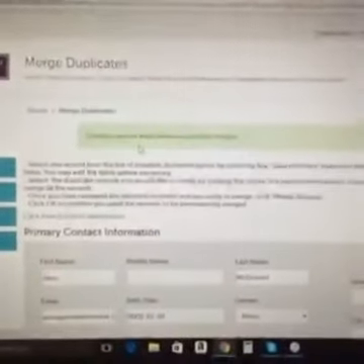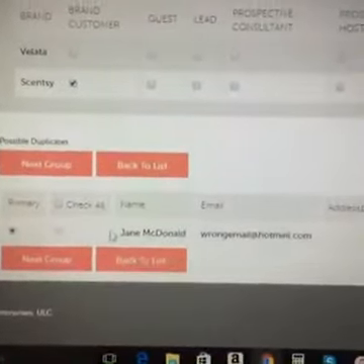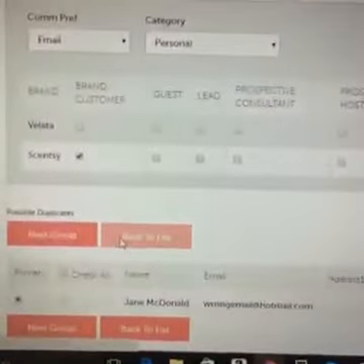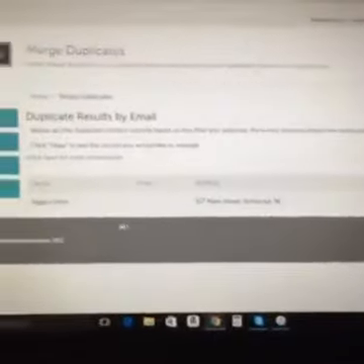So we hit submit, it asks, are we sure we want to do this? Okay. And we wait a second and their contact records have been successfully merged. So you move down and there we go. Oh, it's blurry. There we go. Jane McDonald, only one in there. And we go back to list, but we're not updating that one again because that's the one with no email